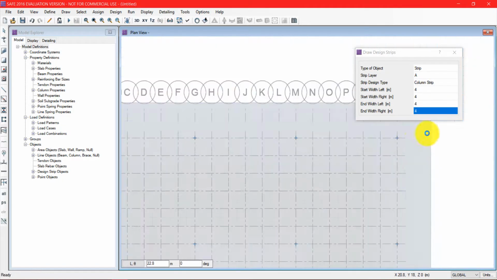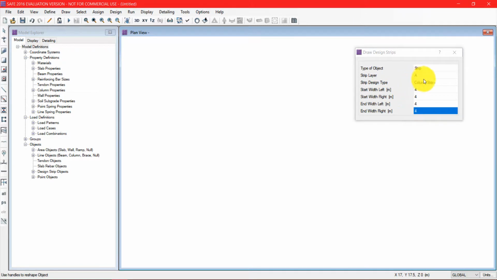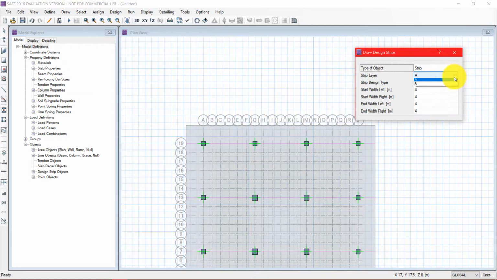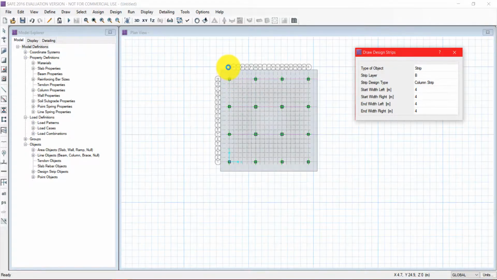Design strips for layer A are drawn. Now we'll change the design layer to B and draw the design strips in Y direction.